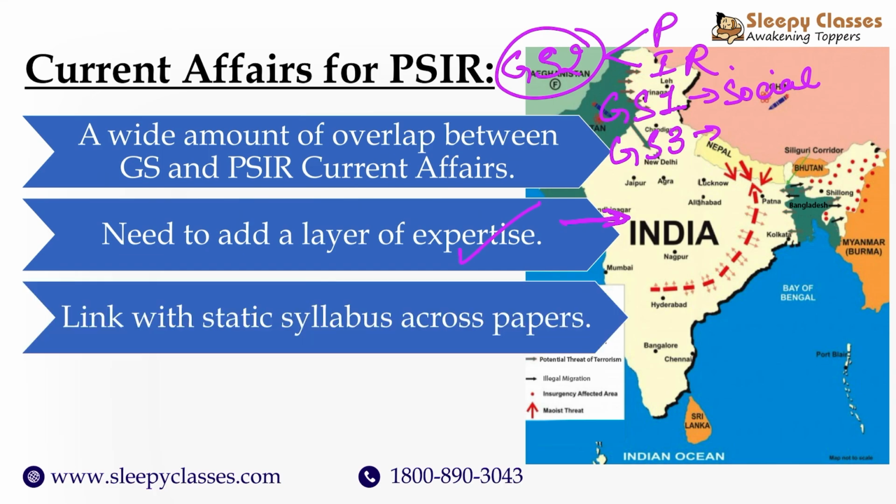Another thing that you can do is interlink it with the static part. Say, for example, in IGP, when we cover this issue, we don't limit ourselves to the articles with respect to speaker or what is the function which the speaker is supposed to perform. We will do an analysis of the role that he plays in the parliamentary democracy and how the role of the speaker can either end up contributing to the flourishing of democracy or its undermining. Right, so that sort of interlinkage which ends up also becoming very rich in keywords is something that you are supposed to ensure in your current affairs interlinkage for PSIR.